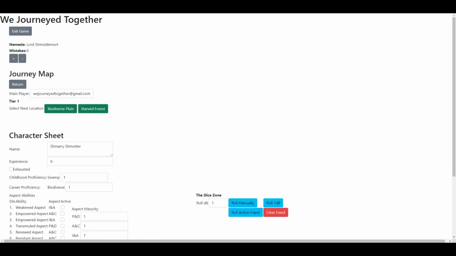First, you must choose who will be the main player for the next location and encounter. You must choose someone who has not been the main player yet during this tier. In other words, you must choose a player who does not have the exhausted condition checked. Use the main player dropdown to select which player will be the main player, and then click the button for